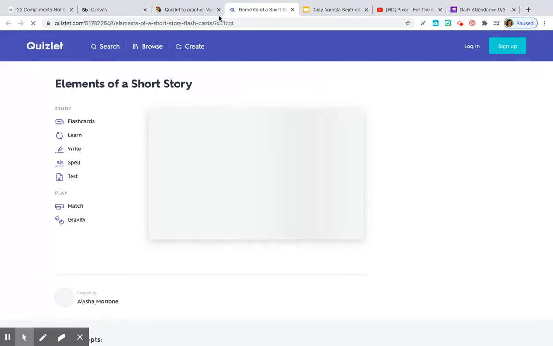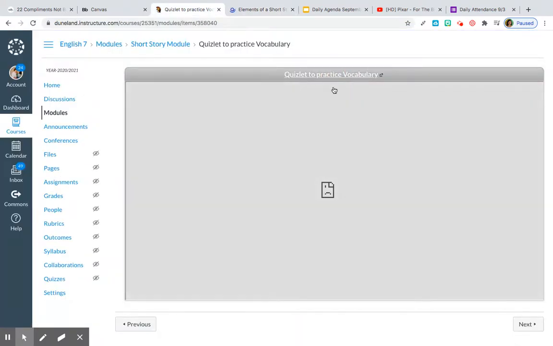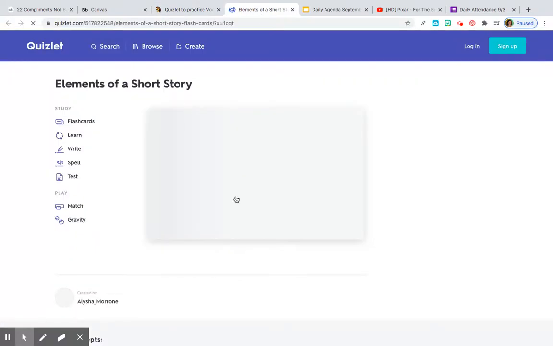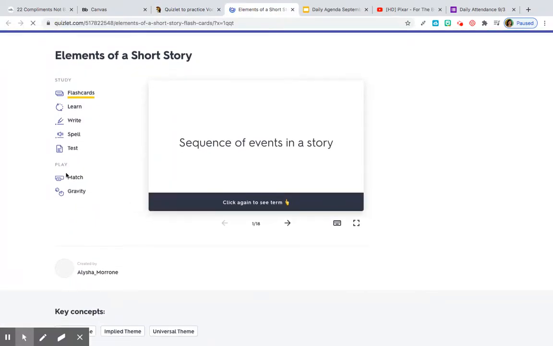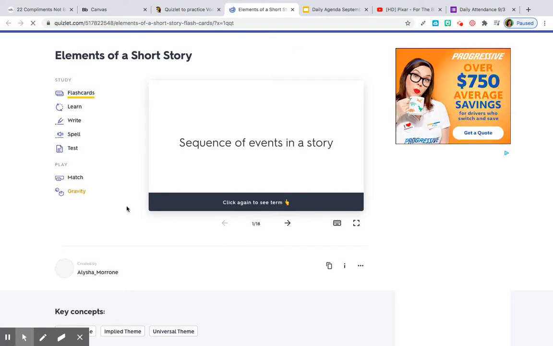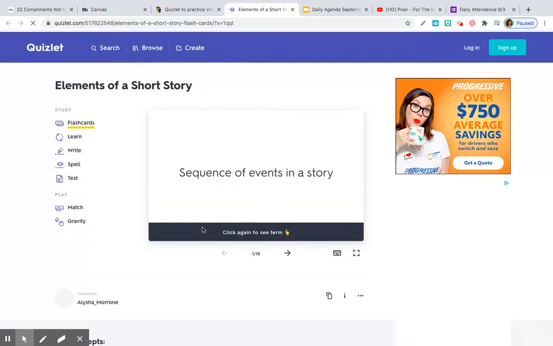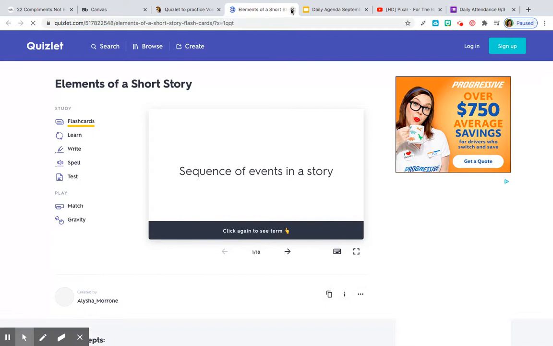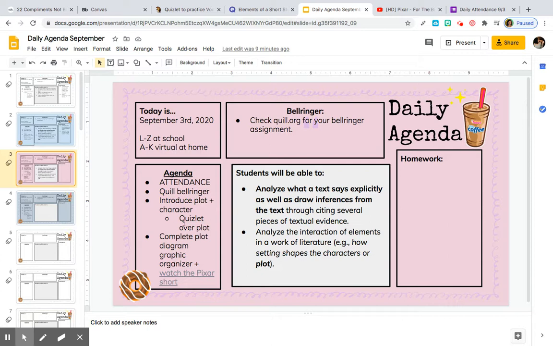So you're just going to click on the title, Quizlet to practice vocab. It'll come up, so you can play some games. You could do gravity game, you can do match game, whatever you'd like to do. Please play one of those games just to practice these terms because you will see them again on an assessment. Once you've completed your Quizlet, you're going to watch a Pixar short film and complete the plot diagram graphic organizer